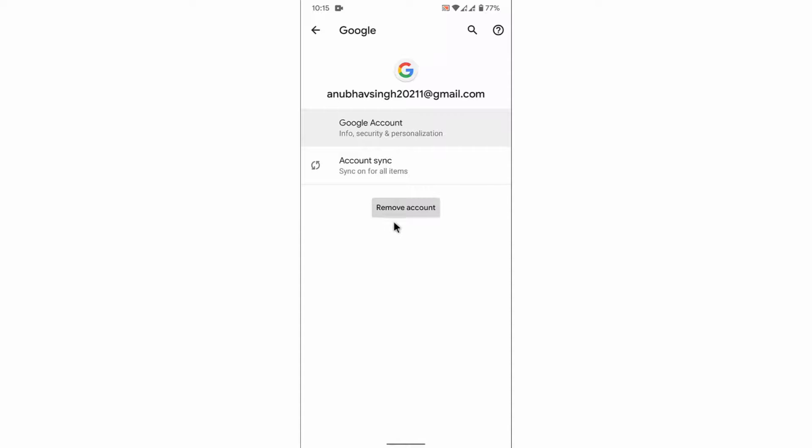Here you'll see a remove account button. So to log out of a Gmail account, you need to completely remove that account from your Android device. So if you're using this Google account for some other applications, you may not want to remove this account. But if you really want to log out of a Gmail from this account, then tap on the remove account